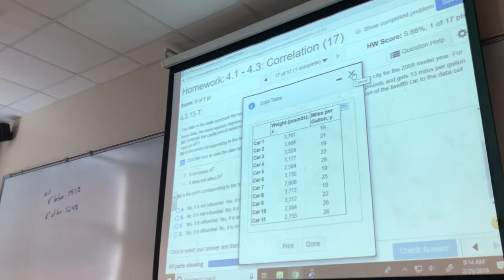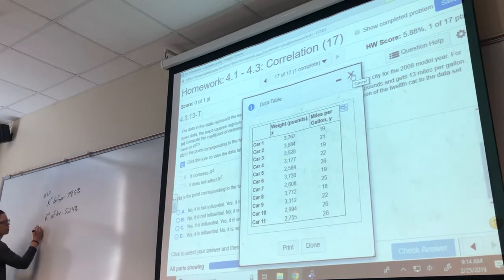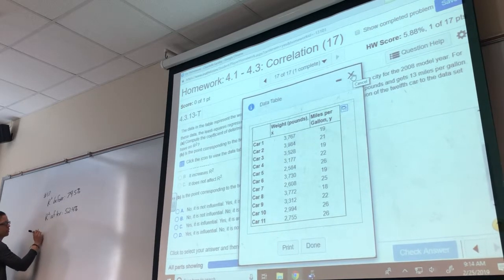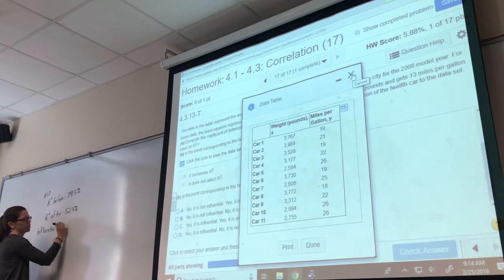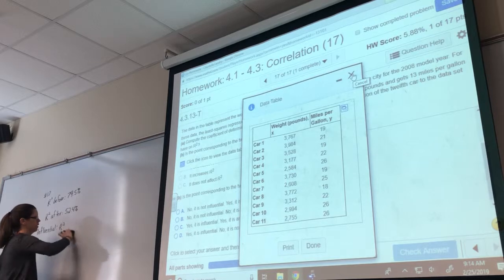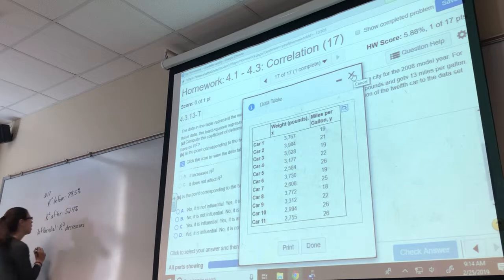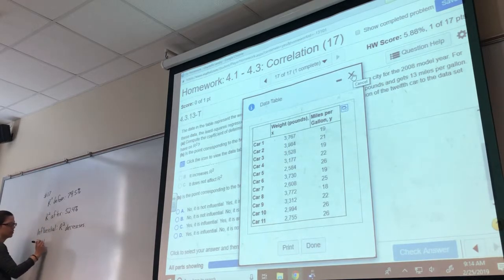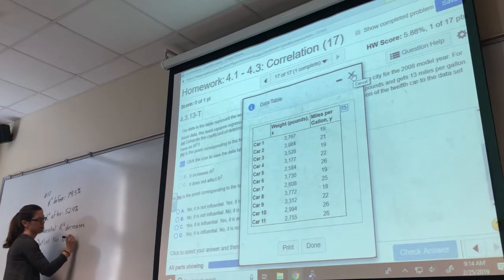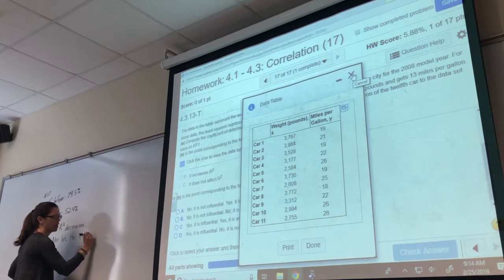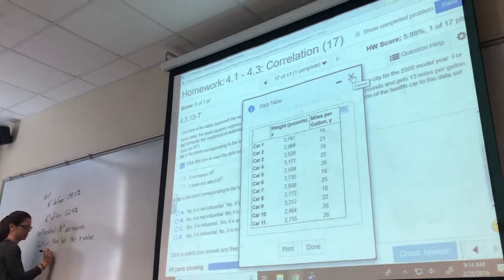So for this one, the last part is part B. I'll say it's influential because R squared decreases. And as far as if it's an outlier, I would say no, because the x value is